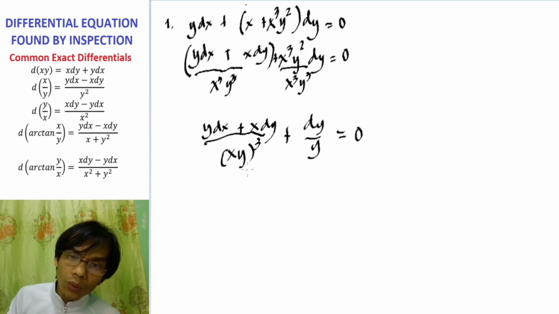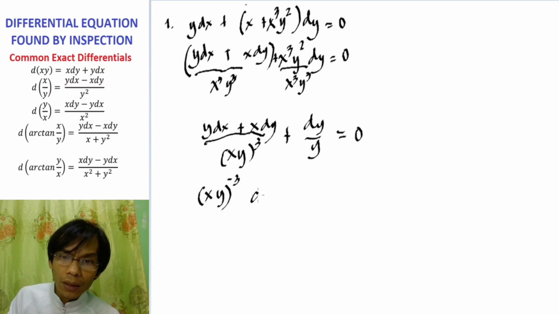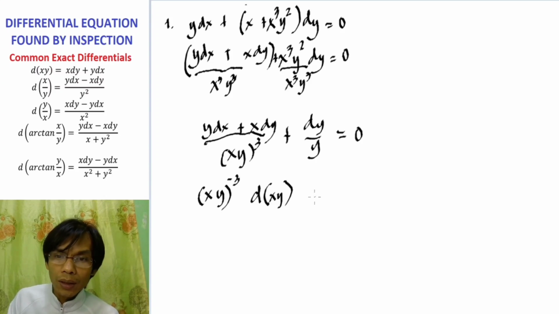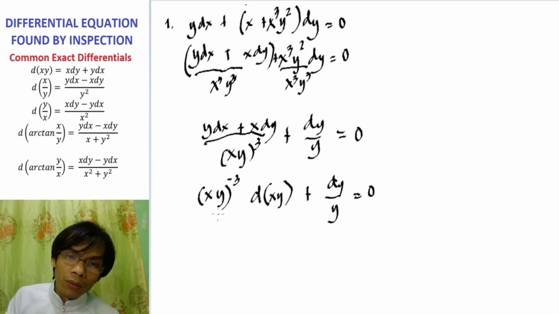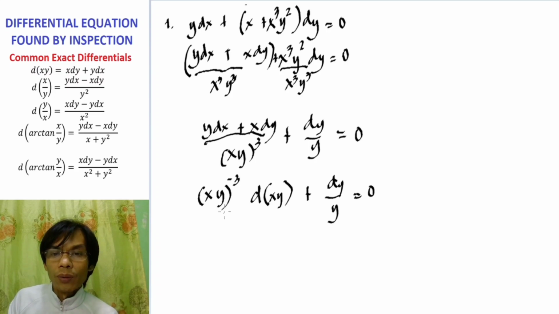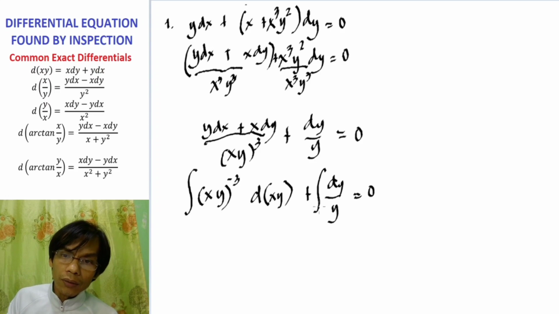Now, this is an exact differential, right? Now we put this one into a negative exponent, so we have (xy) to the negative 3, and then the exact differential d of xy, plus dy over y, and that is equal to 0. Now, if you notice, this one is in the form of a power rule, right? Now, if we try to take the integral of this one,